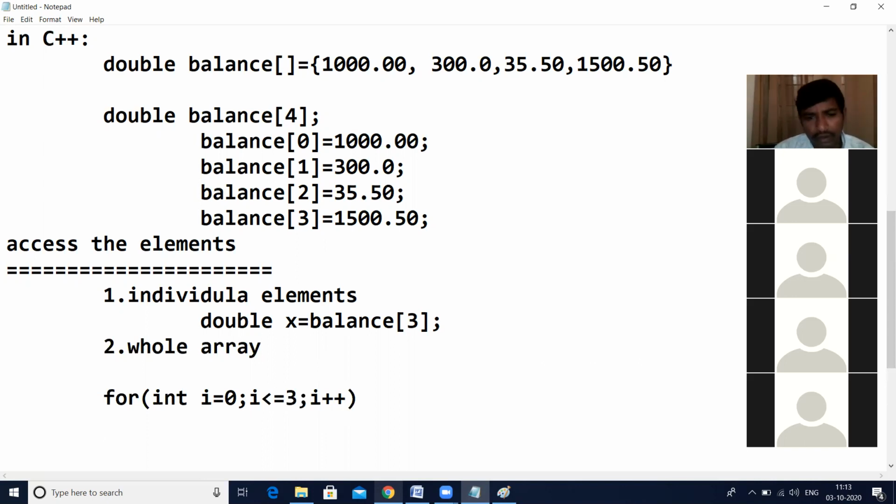Otherwise if you want some processing, then you can do that. For printing purposes, I write here balance of i. Then we can take a tab, \t, it just takes some space.